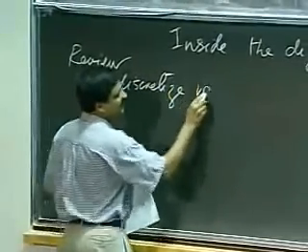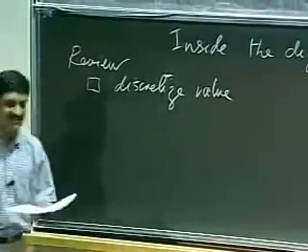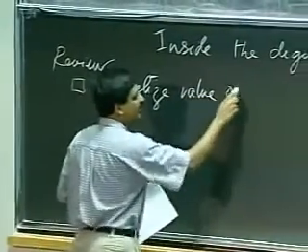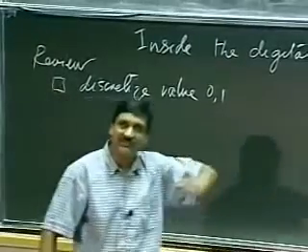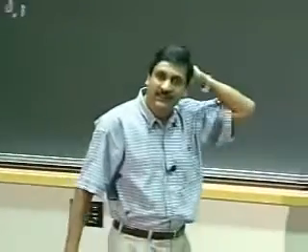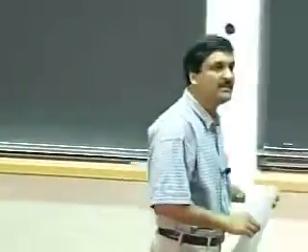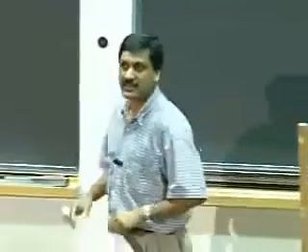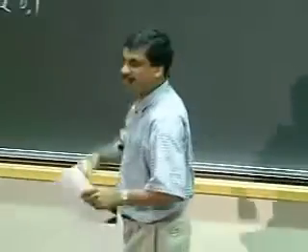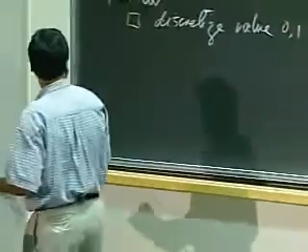So we said, let's discretize values and deal with two levels, a high and a low. That's where the binary voltage levels come up, a high level and a low level. And then we said